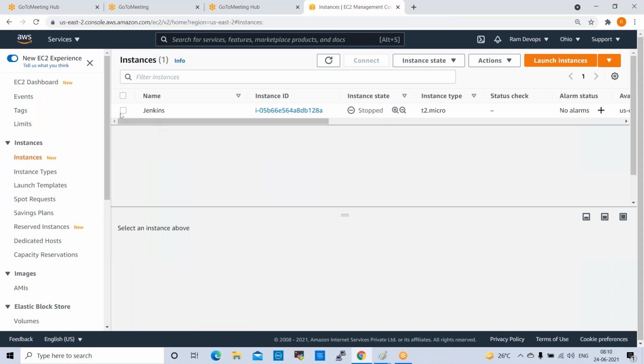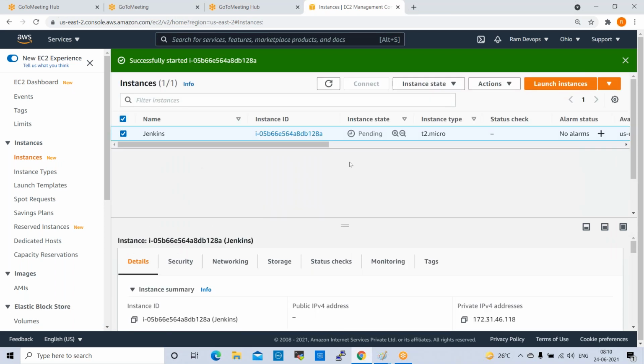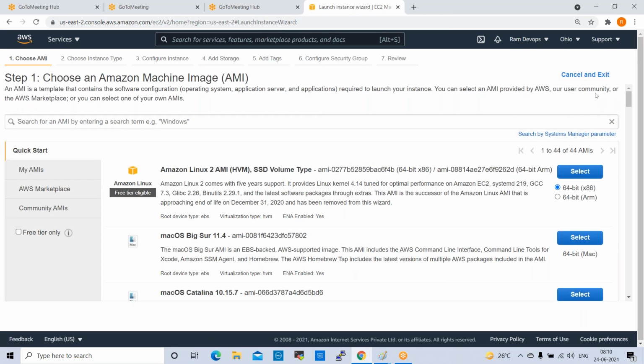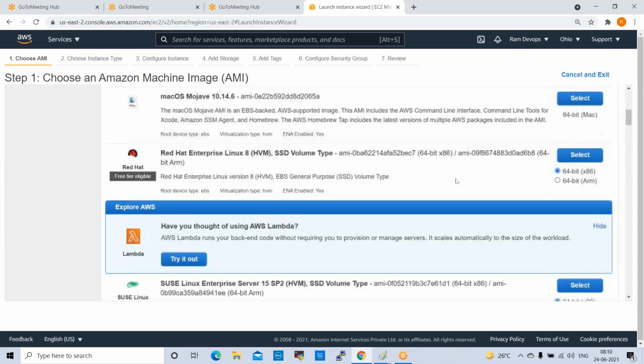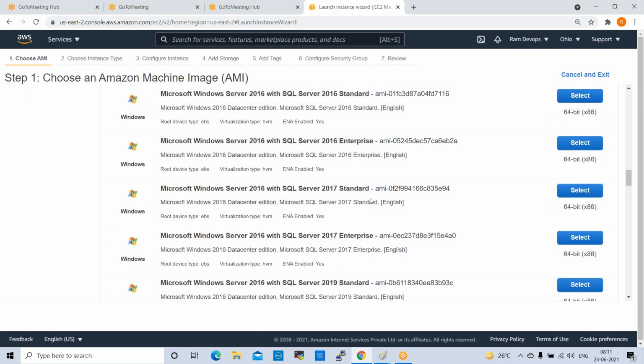We start the Jenkins master instance, then go ahead and create a new server, launch instance. We require CentOS, right? In these predefined images, there is no CentOS. Where do we get that?